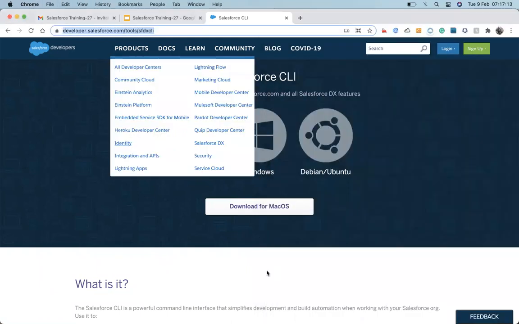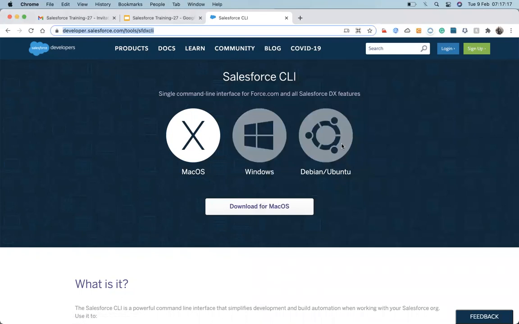Okay, once you download and install the Salesforce CLI, now it's ready to work.